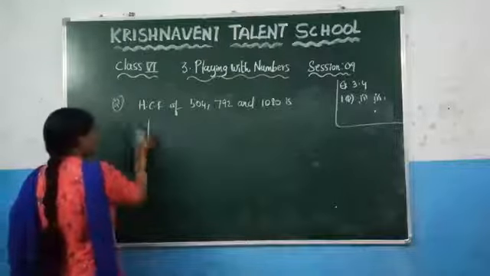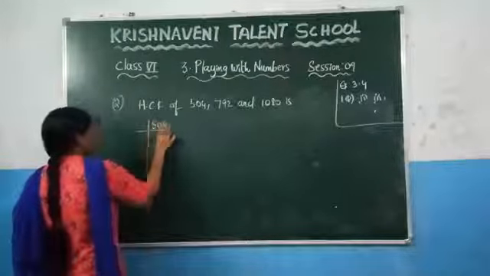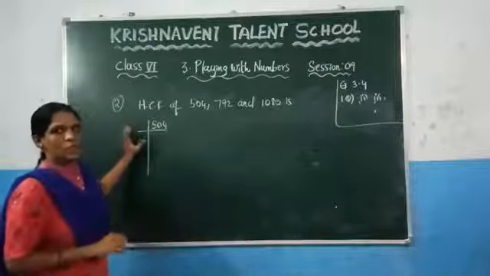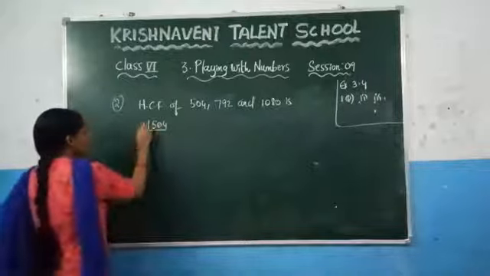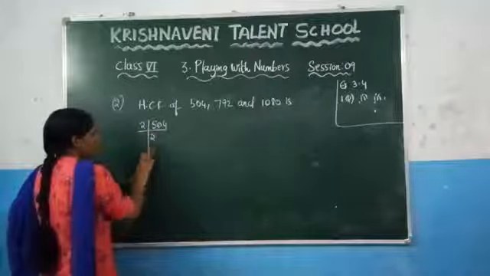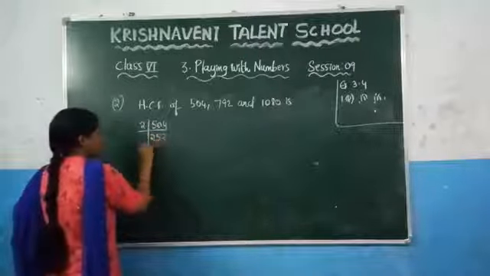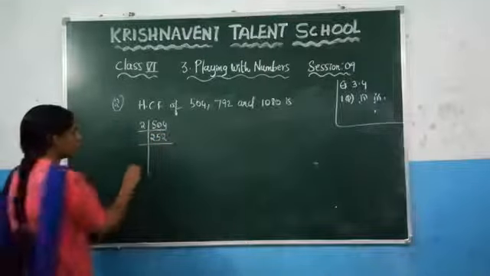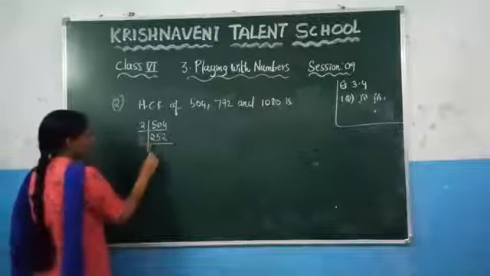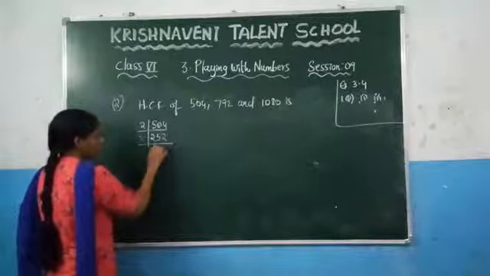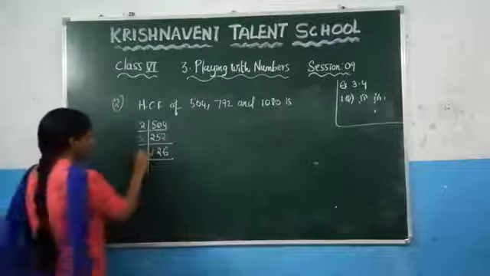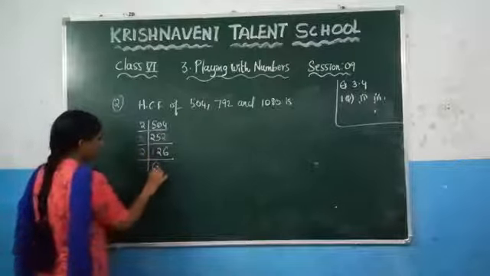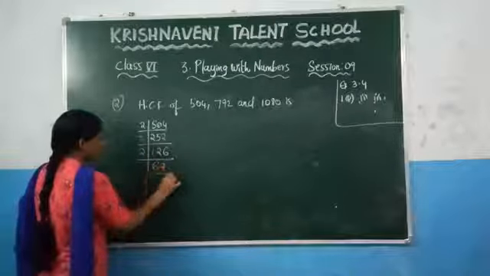Consider the number 504. Now you need to check what is the least prime number that is divisible by this number. You know that 2. So here write 2: 2 2s are 4, and after that 2 5s are 10 and 2 2s are 4. And similarly here again it is divisible by 2. 2 1s are 2, 2 2s are 4, 1 will be remaining left out, 2 6s are 12. And after that again it is divisible by 2, 2 6s are 12 and 2 3s are 6.